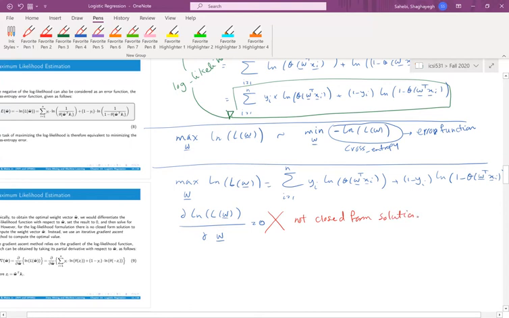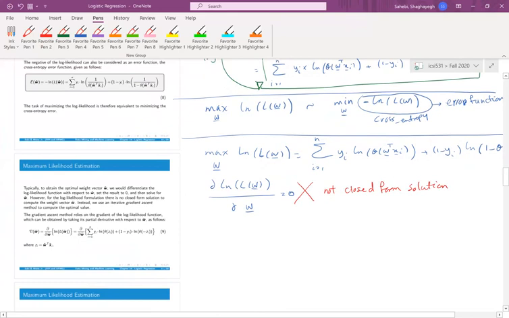So what do I mean by that? You remember that in linear regression, when we set this derivative to 0, we could solve for W in one shot and say, okay, W is equal to the inverse of X transpose X, multiplied by X transpose Y, or something like that, right? But here, if I want to do that, I won't be able to find this closed form solution. So instead,